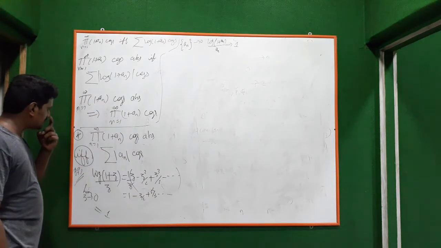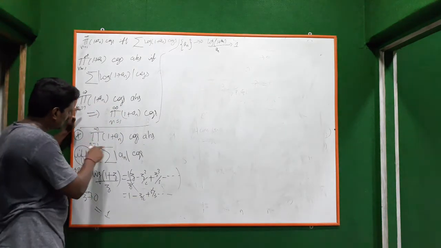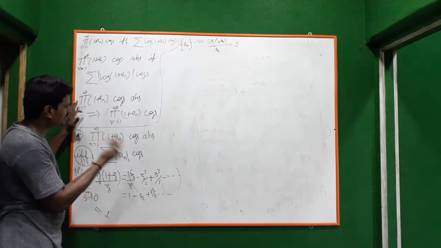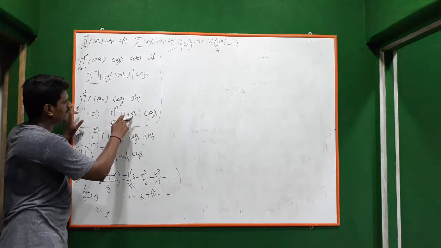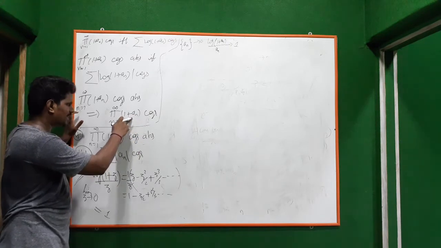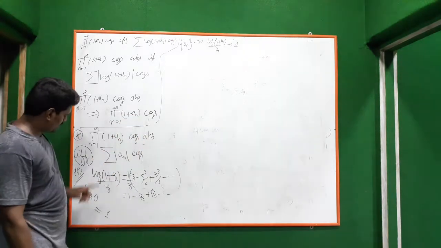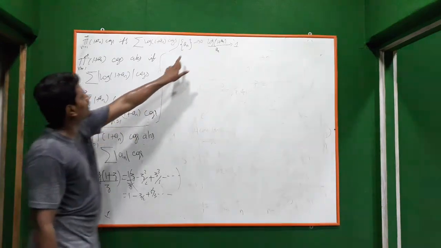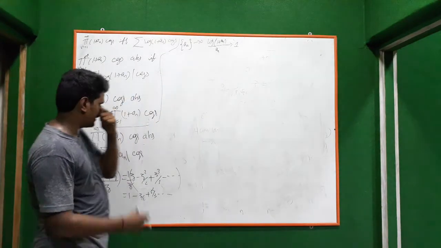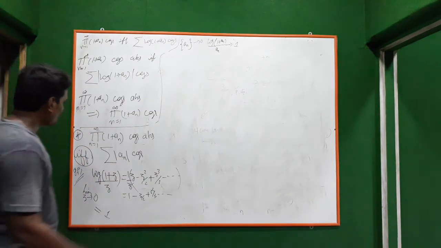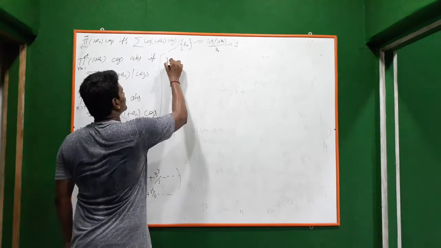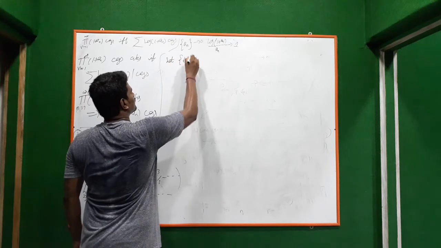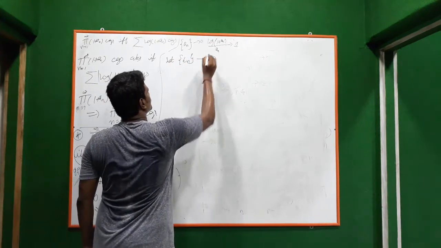Because why we are doing that is, see this converges absolutely. Absolutely converges means it converges also. If this converges, what do you know? 1 plus a_n converges to 1, that means a_n converging to 0. So we have something with this a_n. Okay, so we are doing that. Since a_n is there, I will take it as some t_n. So let t_n be some sequence which is converging to 0.